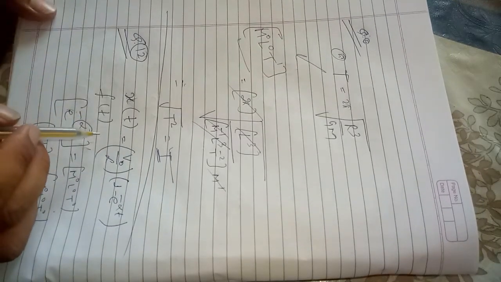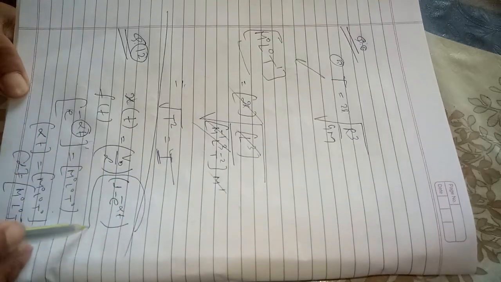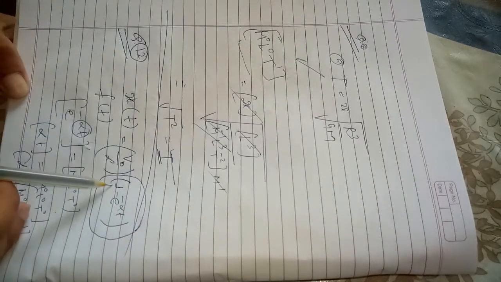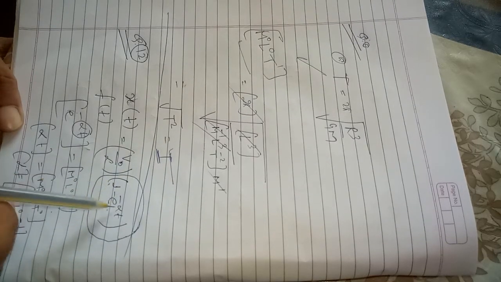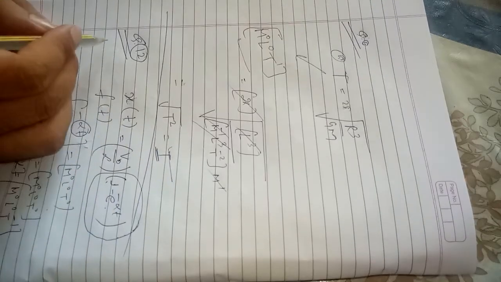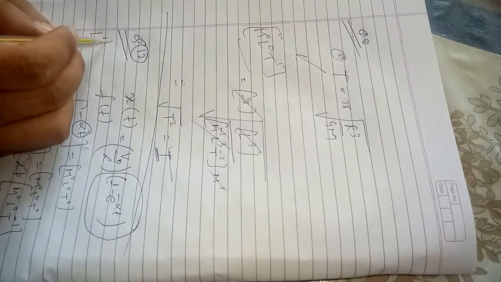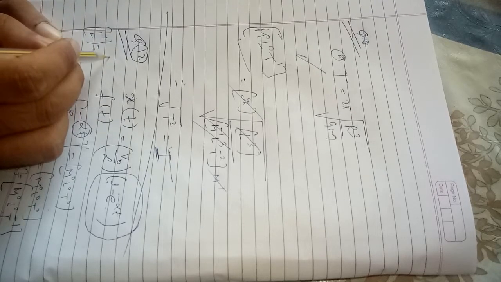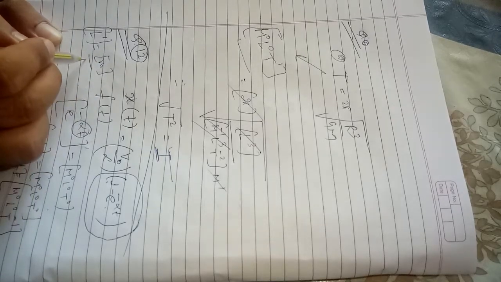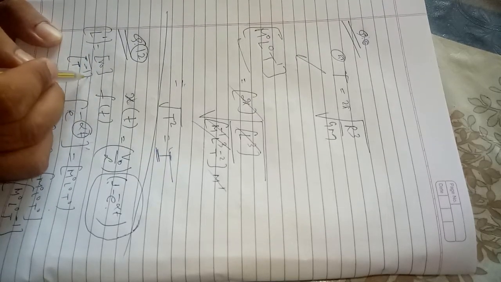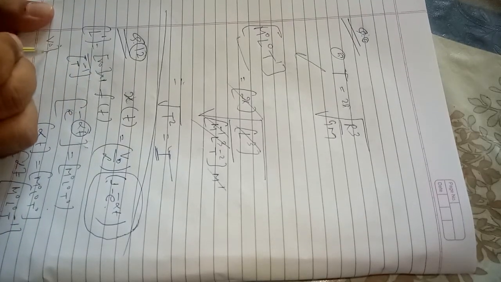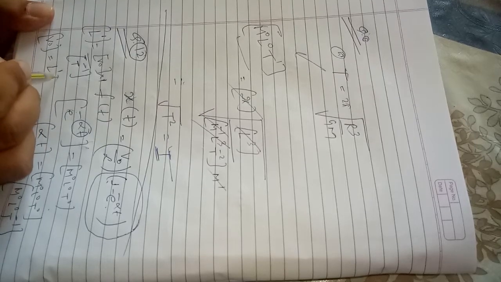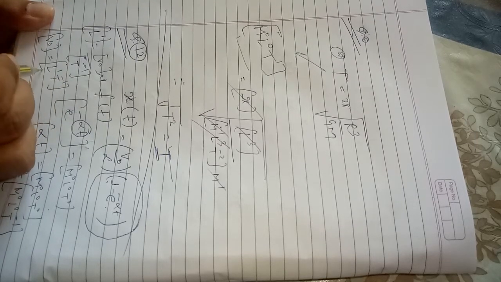Now you have to understand one thing: in this expression, this entire thing is dimensionless. Why? Because this 1 is dimensionless, and this e raised to something is also dimensionless, so the entire thing is dimensionless, so its dimension will be 1. So the dimension of x, that will be l raised to 1, the LHS. And in the RHS, v naught is a constant, we have to find its dimension. The dimension of alpha is t raised to minus 1, and this 1 minus e raised to alpha t is 1. So from here we'll get the dimension of v naught, that is l1 t minus 1.